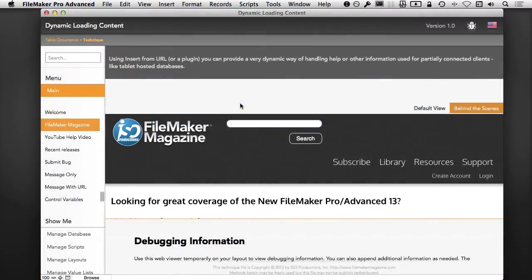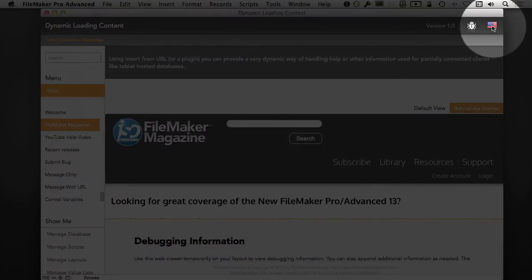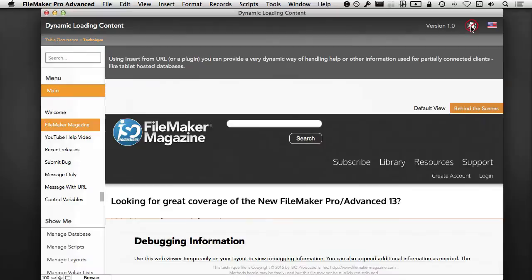All right, so let's talk about what makes this dynamic. What makes this dynamic is that in my use, in the Theme Studio, every time that the user clicks the button, which is basically a button up in the upper right-hand corner, it's got a little help icon, sort of like this little bug. Imagine this is a question mark right here. Every time that the user clicks on that, what I do is I determine whether or not they've got an internet connection, and if they do have an internet connection, then I simply go out to the web and request